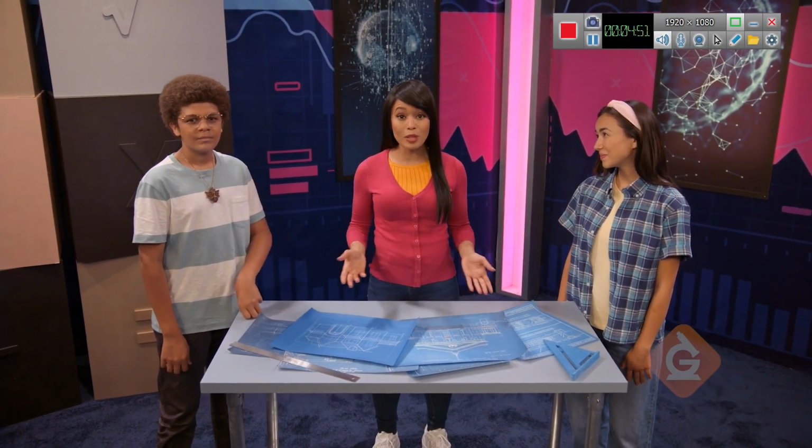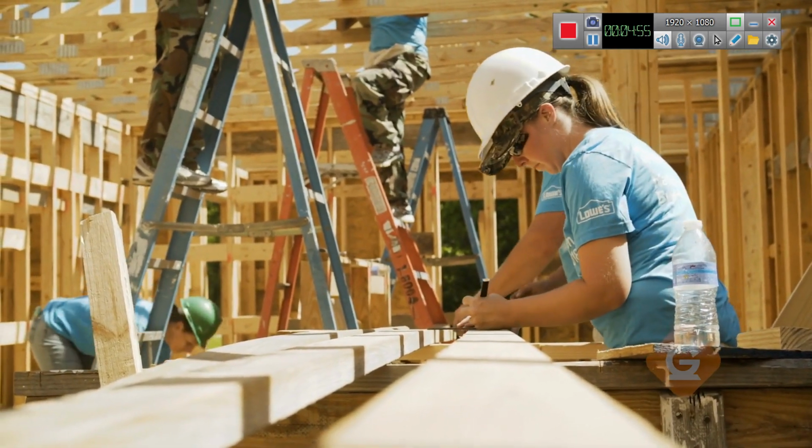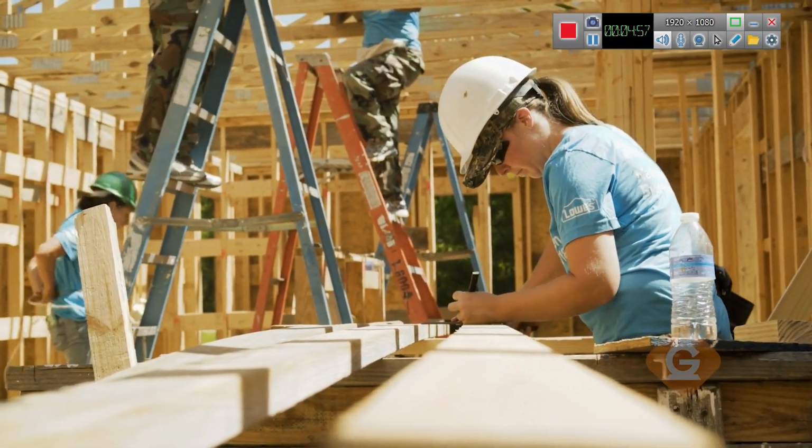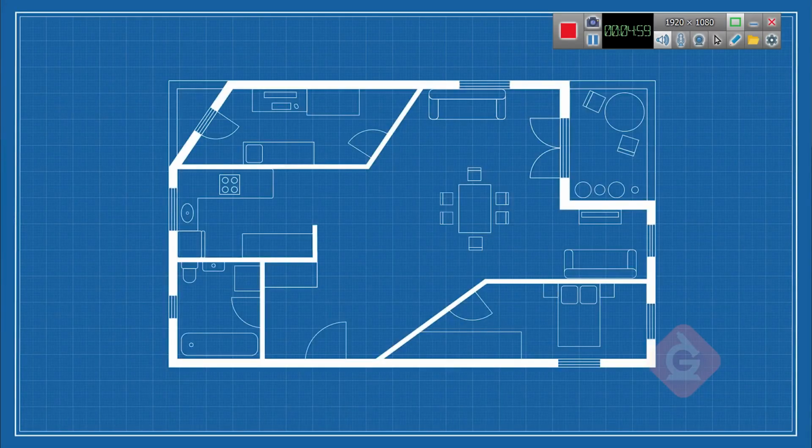Let's see how finding the area of polygons can help people build homes. During the summer, I volunteer to help build homes for people in need, and every home starts with a blueprint. This blueprint shows the floor plan for a home. If we find the area for each room, we will know how much wood, tile, and other materials we need